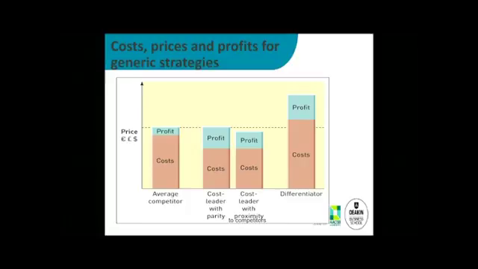So let's just look at a little comparison here. It's just an indicative diagram. We've got our average organisation on the left-hand side. It's an average price. Cost leaders have got two choices, and those are the two middle bars there. They can either say, well, we can just be